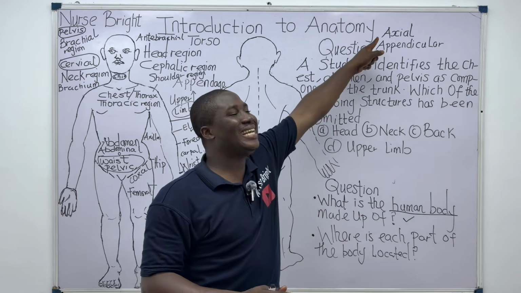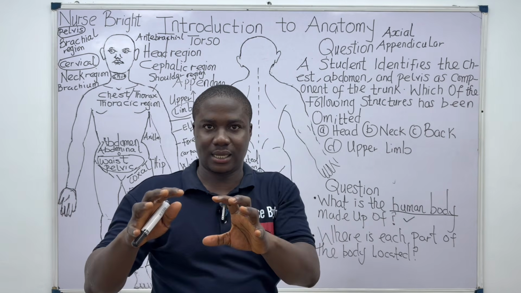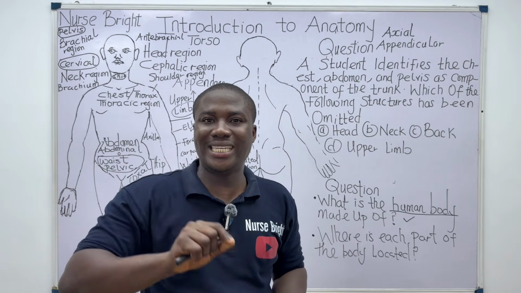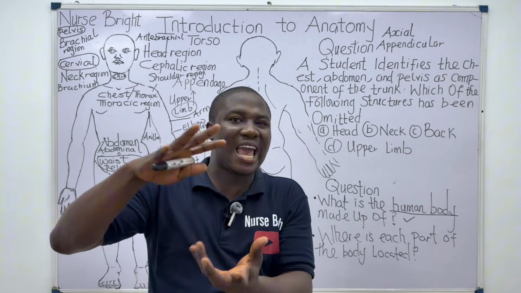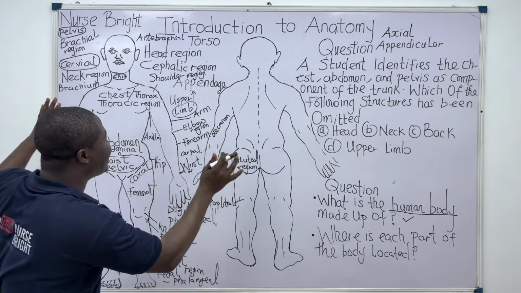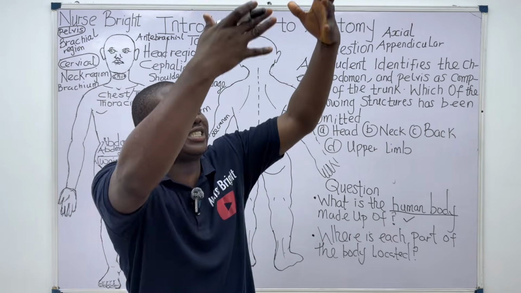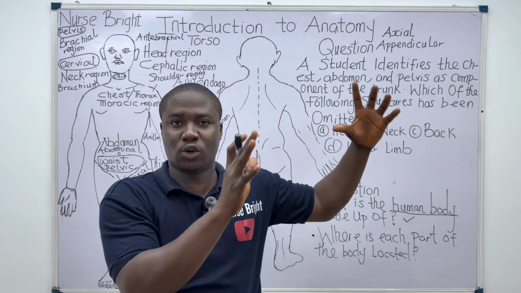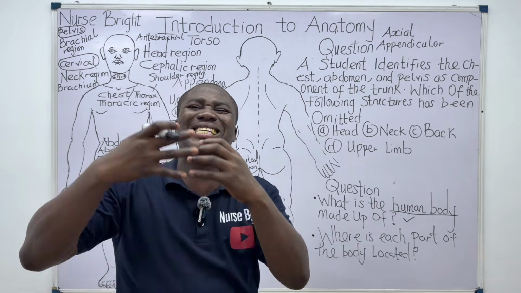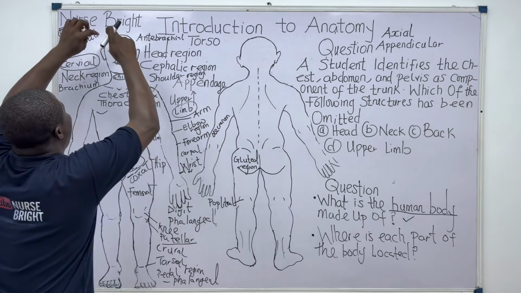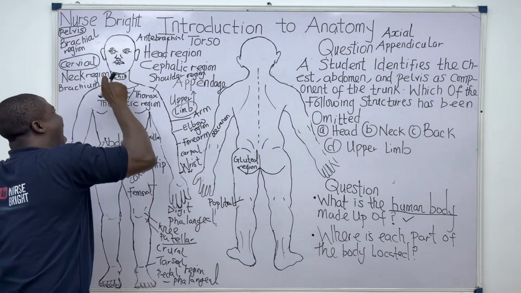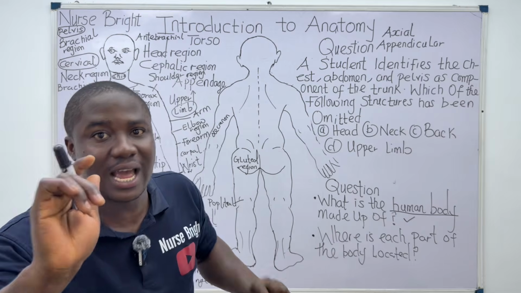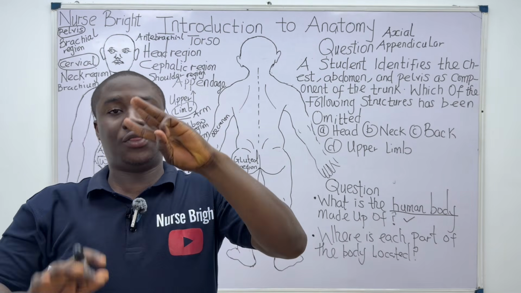Now, the term axial comes from the word axis. Just understand here that the axial part of the body is the central part of the body. You must note that the axial part of the body, or the axial part of the skeleton if we're talking about skeleton, you'll see it on the board as well. Just listen. The axial part of the body includes the head, the neck, and the trunk, which is the central part of the body. I repeat, the axial part of the body includes three parts, all right?